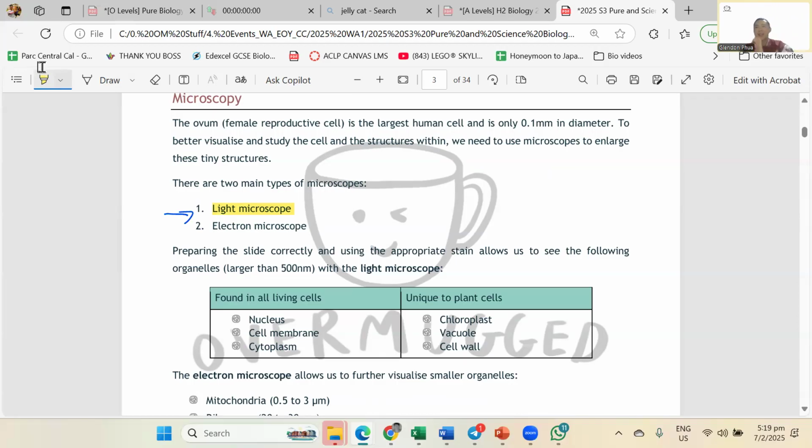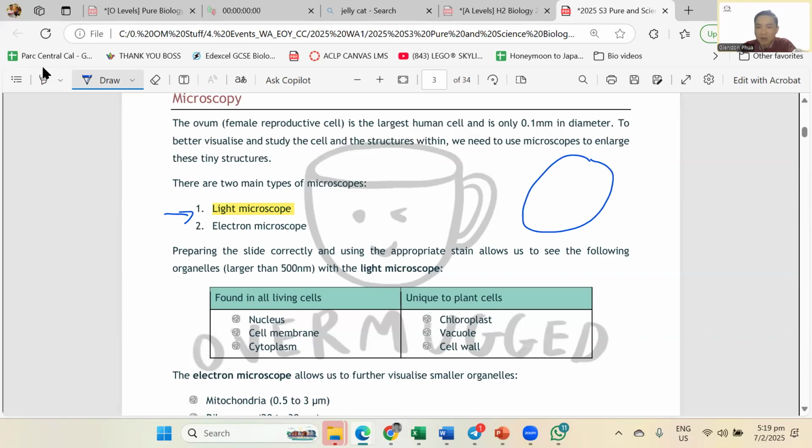So what can I see? Very simple, straightforward. If I ask you to draw a typical animal cell now, what will you do? A cell, rough shape like this, then a nucleus. That's all. That is all you can see in a light microscope. So if you're lost in the exam, light microscope, what can I see? Just draw what you can draw. What you can draw as a normal non-artistic person is all that you can see. And that is the tip for the light microscope.